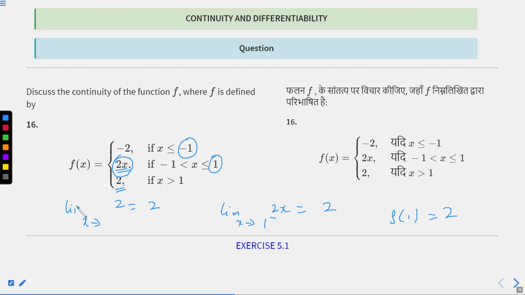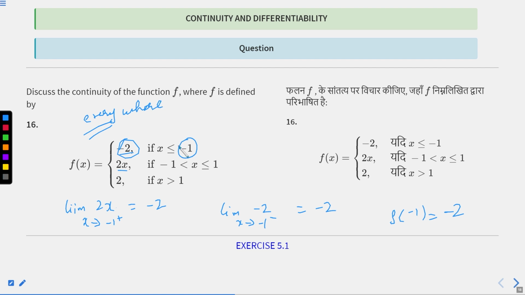Now let's see for minus 1 also. For minus 1 from the positive side you have this as your function, so this will be minus 2. At minus 1 from the left hand side you will have this, minus 2. Now f(minus 1) will be what? This, which is minus 2. As you can see, all are equal. This means it is continuous everywhere. Simple. Let us move to the next